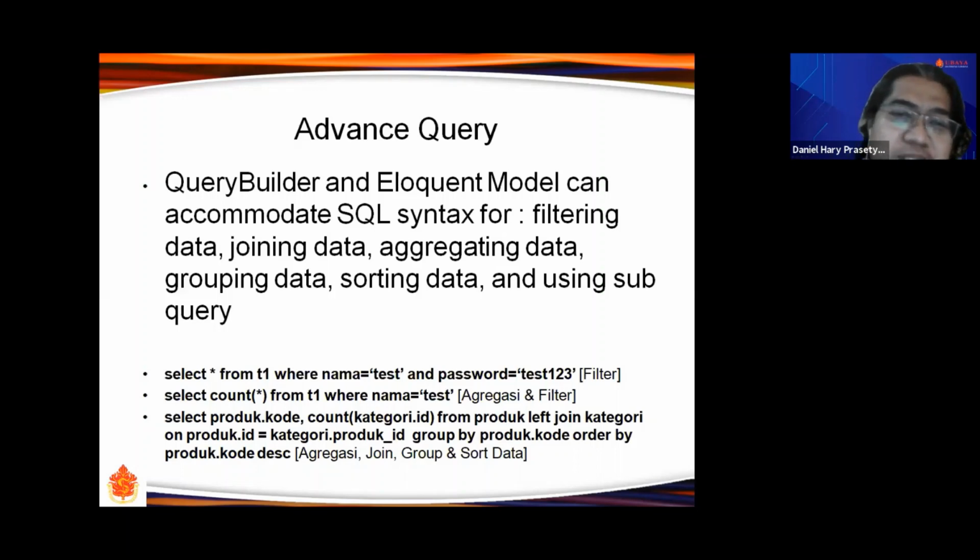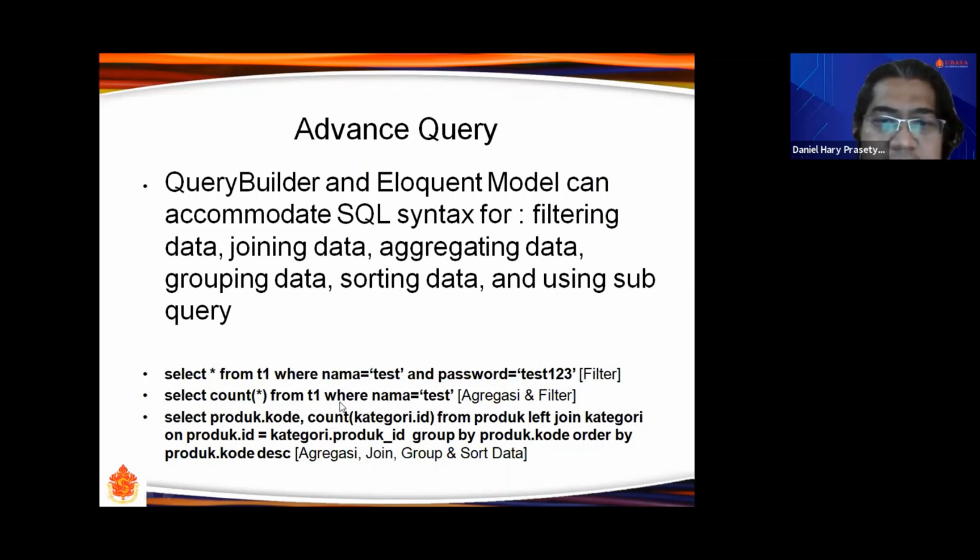Okay, query filter and Eloquent model can actually accommodate any SQL syntax. For example, filtering, joining, aggregating, grouping, sorting, and the subquery. This visual is an example of filtering, for example a login with name, test, and password, with test 1, 2, 3.